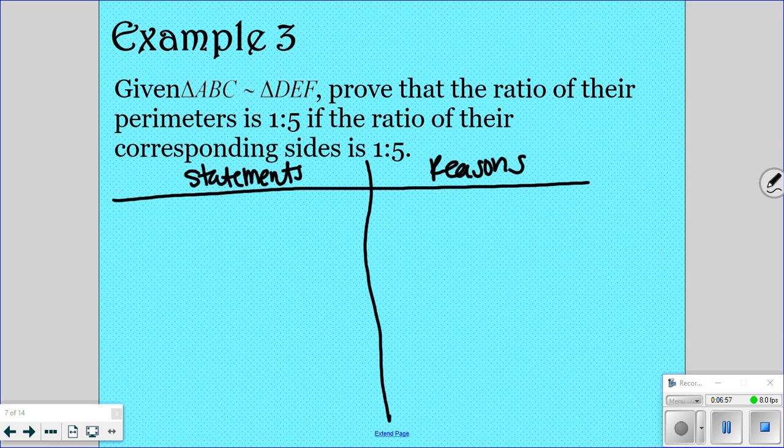And then from there, your first thing is going to be your given. And so they tell you, given that the triangles are similar, so that's going to be your given statement. From there, we can say, if we draw the two triangles,